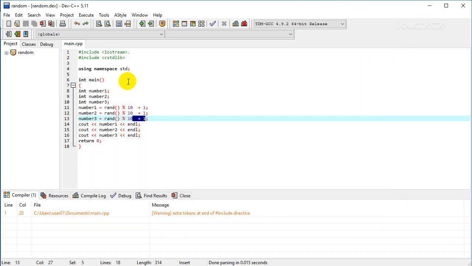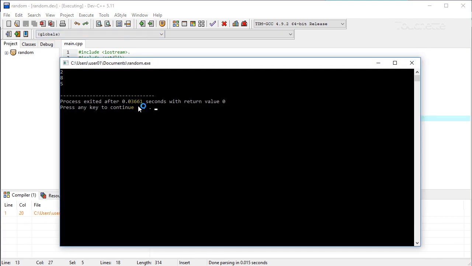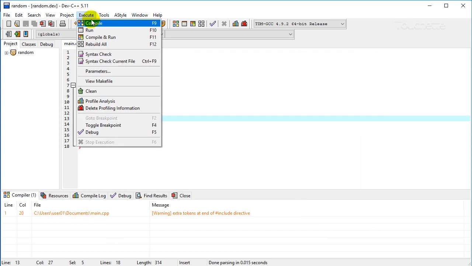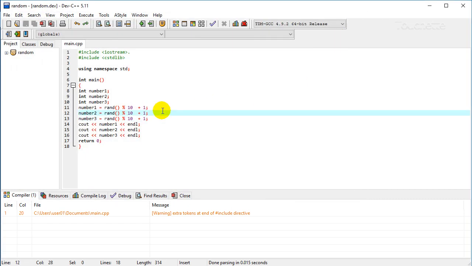Another interesting thing with the random number generator is it's really a pseudo random number. So we'll see here, let's run this one again, and we got the random numbers 2, 8, and 5. Let's run it one more time, and lo and behold, we have the random numbers 2, 8, and 5. So now you get the idea of pseudo-random number. It's based on a mathematical function. So if we leave it as is, we're going to get the same set of random numbers every time, which may not be very fun if we're creating a game or something else that requires randomization.